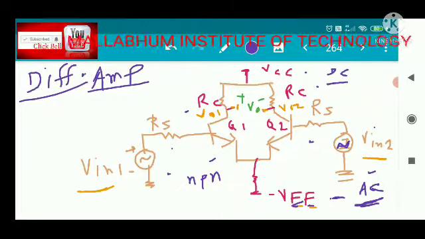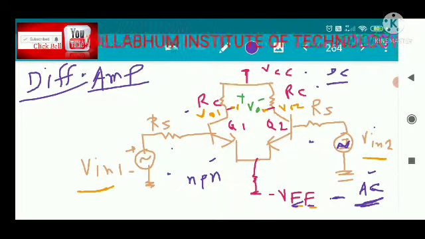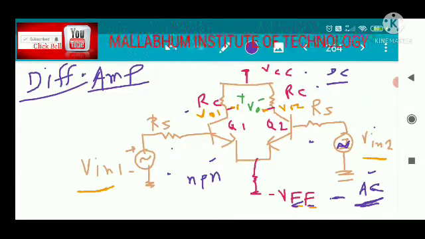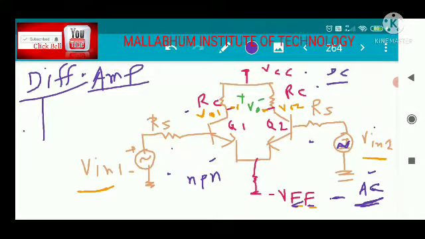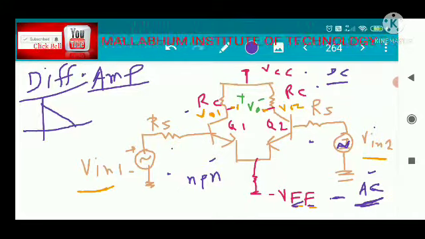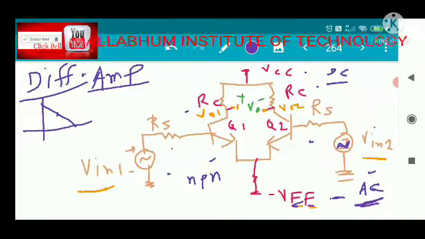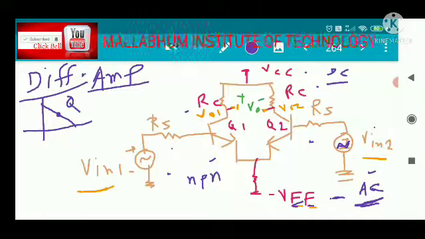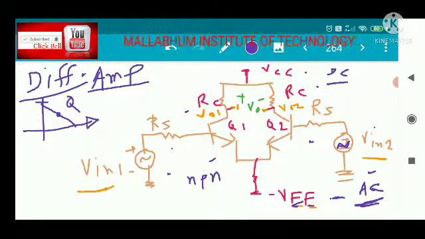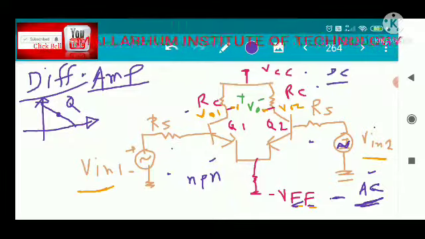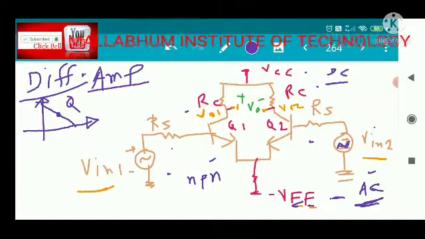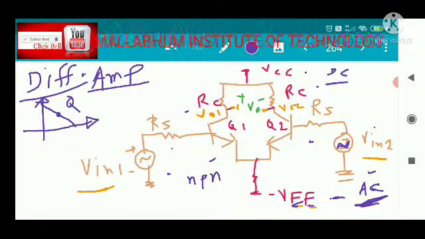Now what do you mean by biasing? Biasing of the transistor means properly fixing the Q point at the middle of the load line. So if this is your transistor characteristic, the IC-VC characteristic, and this is your load line, you have to ensure that the Q point will be at the middle of the load line. The significance of the Q point I have mentioned already, so I am not going to discuss it here. So this is the purpose of the DC signal, and this is the purpose of the AC signal used in this circuit.